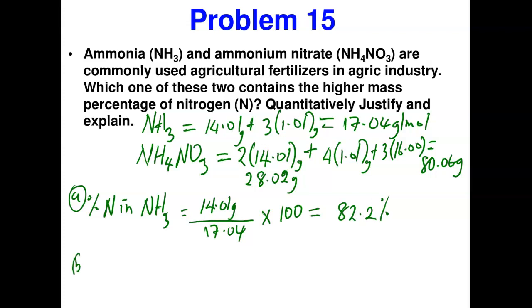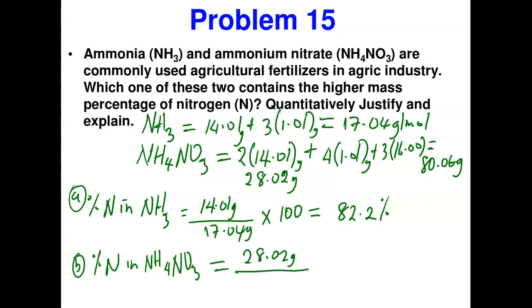Let's see. In B part, we're going to calculate percentage of nitrogen in ammonium nitrate. And that will be, again, here the mass is 28.02 grams divided by the mass, 80.06 grams. If you times it by 100, and that's going to give you what? It's going to give you 35%